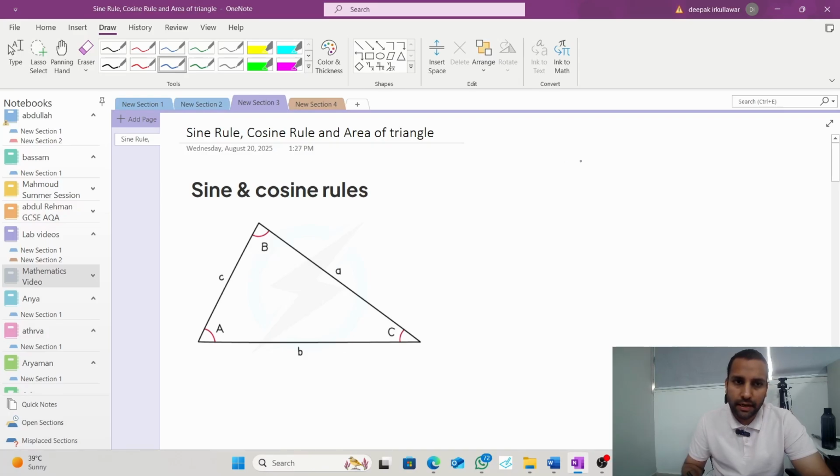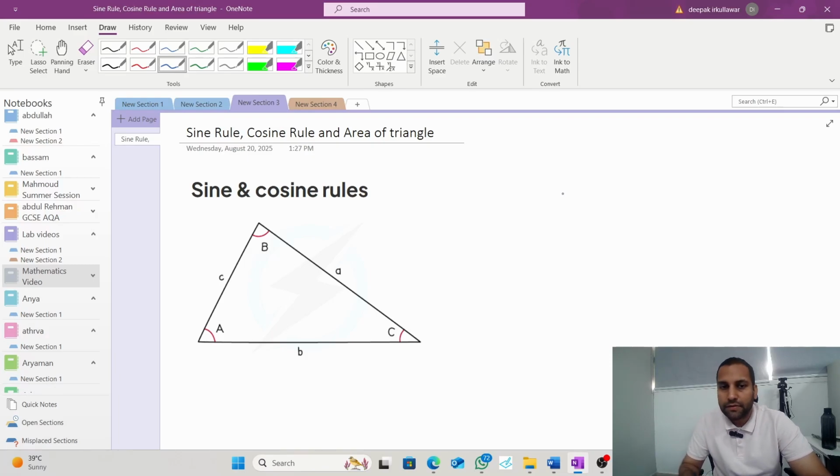So today's class we will discuss sine rule, cosine rule and area of triangle. Now most probably you have heard about Pythagoras theorem in triangle and SOHCAHTOA. Generally these formulas are used for right angle triangle. But what if you don't have a right angle triangle? Then you can use this sine rule, cosine rule, and there is a different formula to find area of a